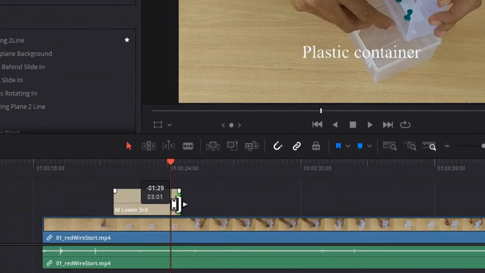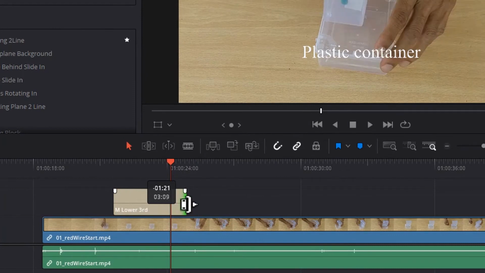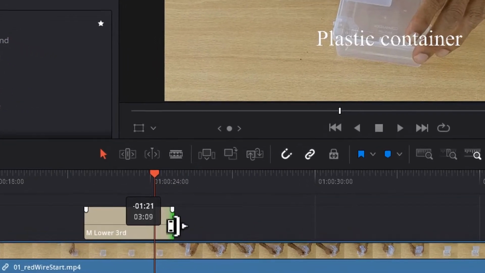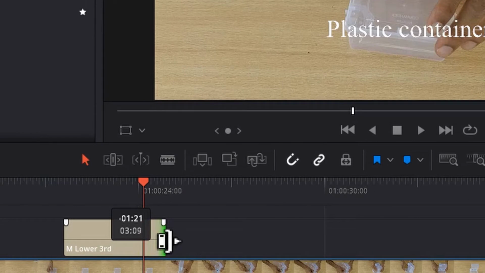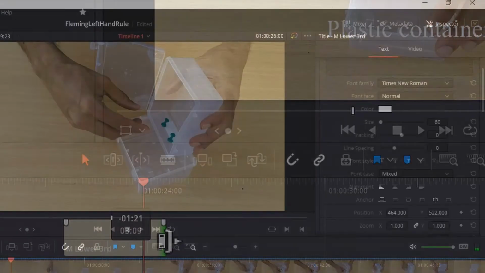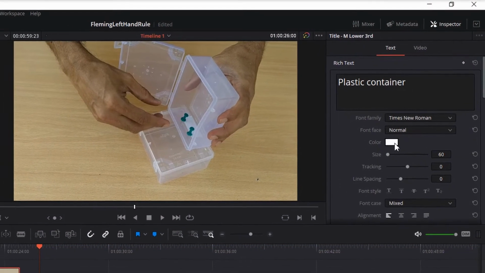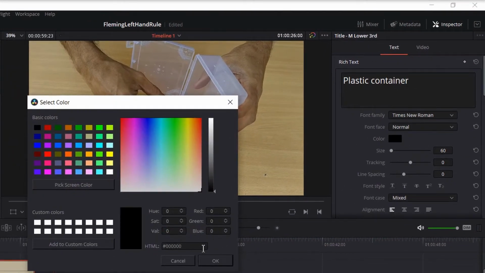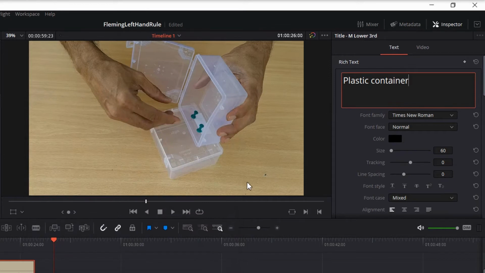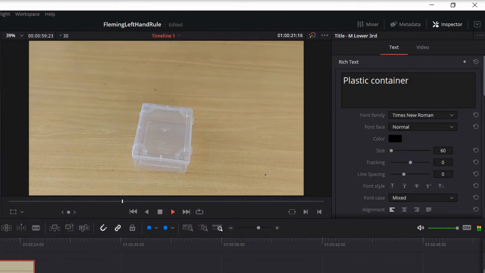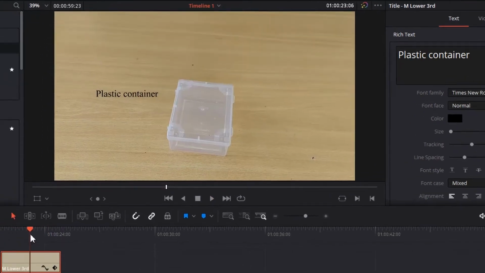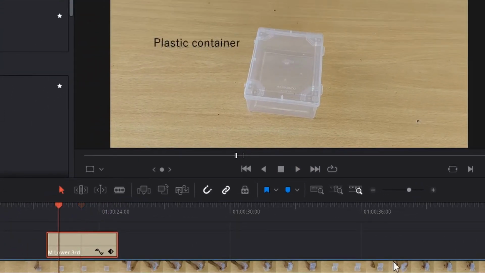Just like a video clip, the duration for which the label is visible on the screen can be adjusted. 2-3 seconds are enough for a single word, but you can take a call. Use font color keeping in mind the background color. Contrast works best. In this case, black color is better than the white one used earlier. We can drag these points on the label so that text fades in and out as it is displayed.